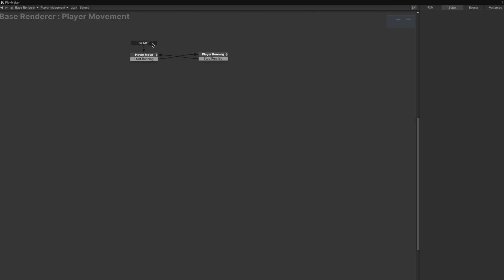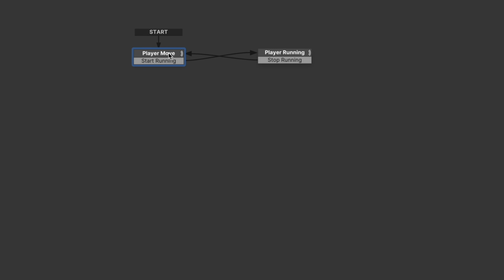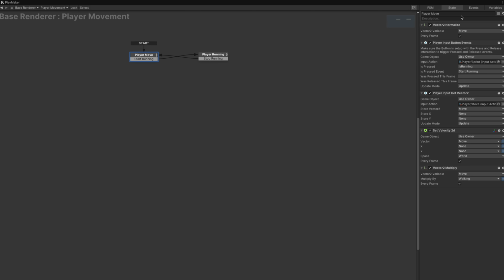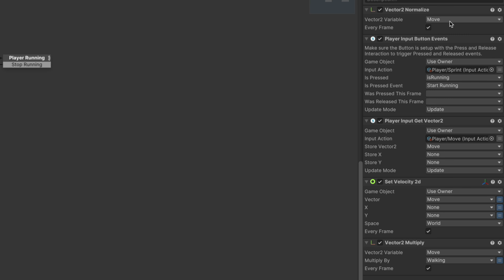As you can see, I've already set up my FSM state machine on the object I want to move, and I called it player movement. I have 2 states, walking and running, and by holding the button I switch the state to running. Important to note is that we have vector 2 normalize, which makes sure that we have all directions at the same speed, otherwise the diagonal movement will be like 40% faster. As you can see here, I've set up the new input system and we have action based on that and the velocity, of course, so the player can actually move,